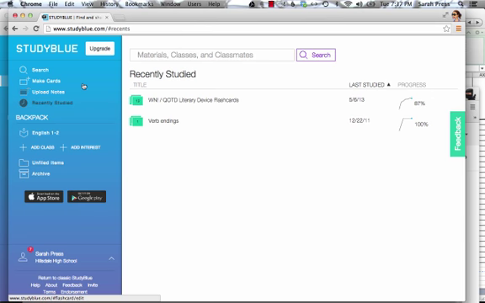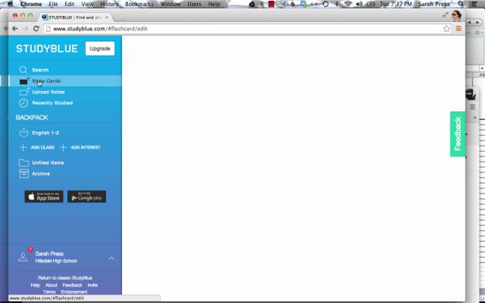On my Study Blue, I can see cards that I've created in the past and actually classes that I've added. I think as a student you can search for me. I'm under Sarah Press and you can see anything that I've created. However, one of the tricks to flashcards is that making them is half of the studying. So feel free to either share cards with somebody else or to make your own cards, which is probably what I would recommend. If you want to make your own cards, you're going to click on Make Cards